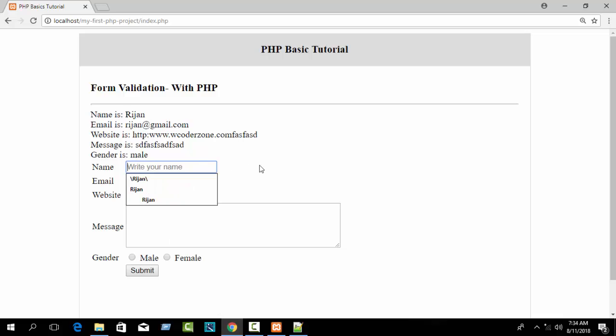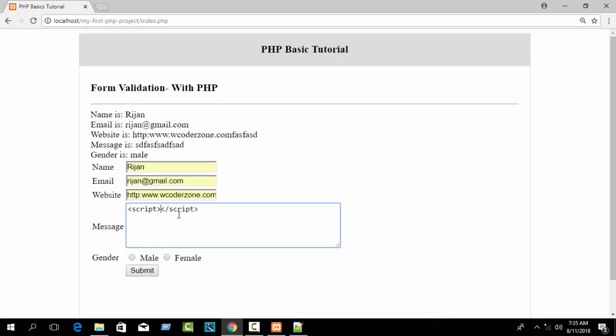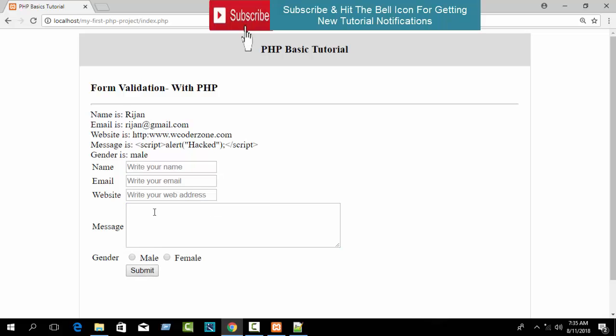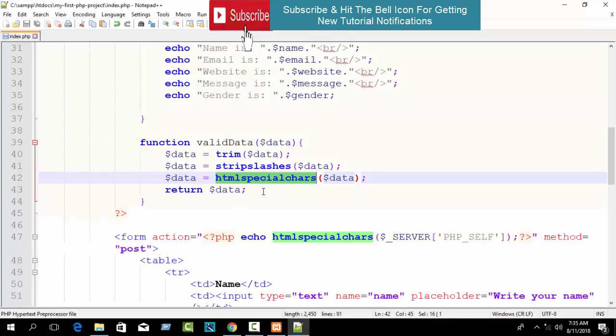Suppose someone wants to run a script in your file. Suppose here someone writes script, then alert, suppose I write text. Okay, you can see it simply retrieves the data according to the data value. Okay, you can see script alert hacked. But if you remove the